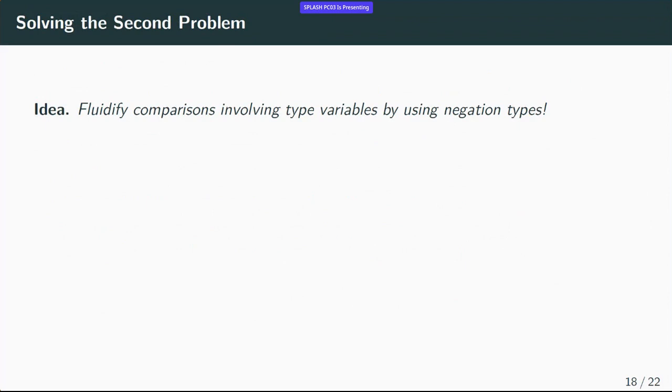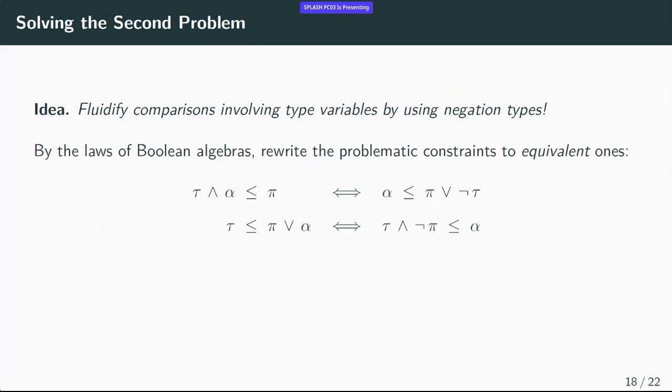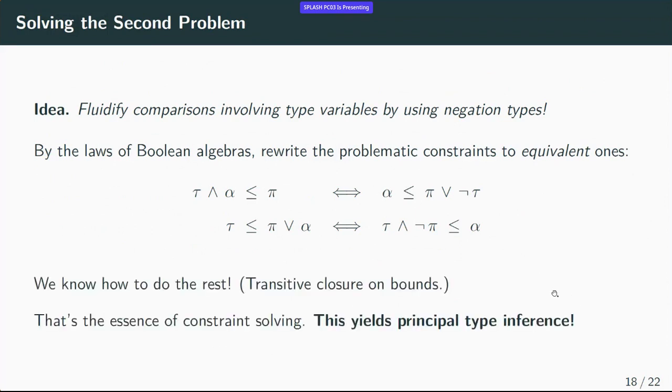Okay, and the second idea is to fluidify the comparisons that involve type variables. And it turns out we can do this very easily by using negation. So thanks to the properties of Boolean algebras, if you have tau and alpha on the left-hand side of a constraint, you can reformulate this constraint by moving the intersected tau from the left-hand side into a negation on the right-hand side. Okay, and now this becomes a bound on alpha, so we know how to solve this, right? We just register the bound and propagate the constraint. Okay, and so it just works out